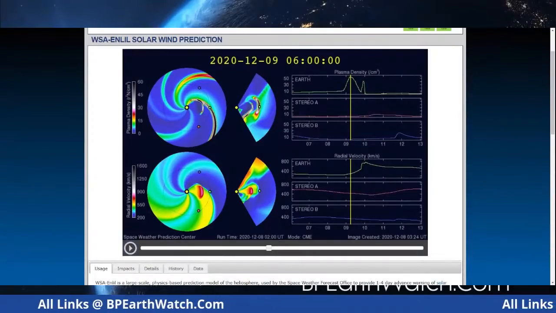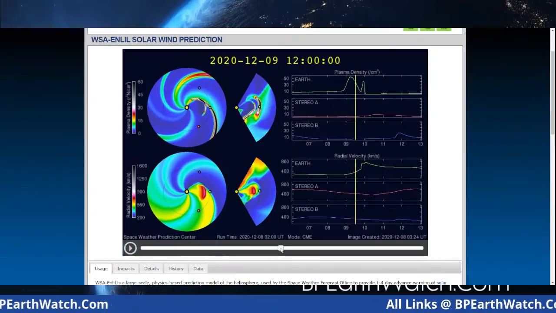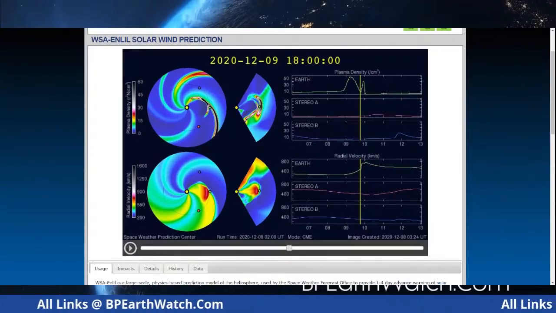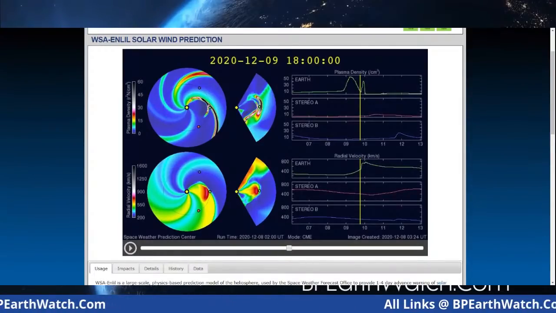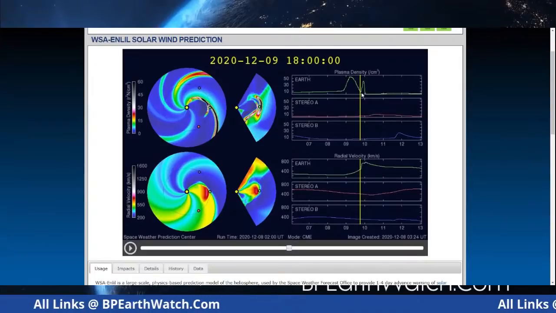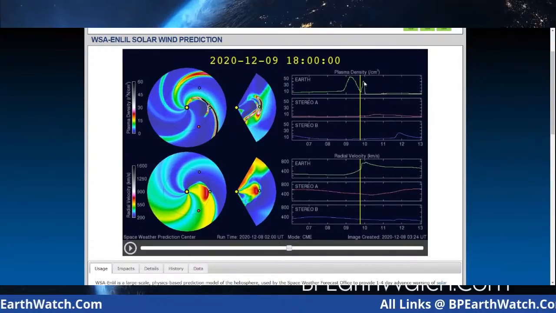But if we come forward into here, we're going to be at the 1800 mark. That's today at 12 noon Central. Again, we have to account for the 93 million miles this is traveling. And that's when we're going to start to see the sudden rise in the actual density.